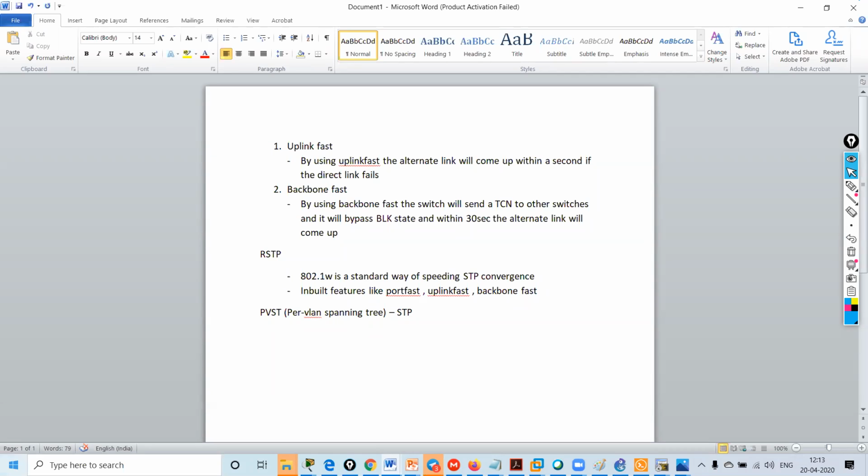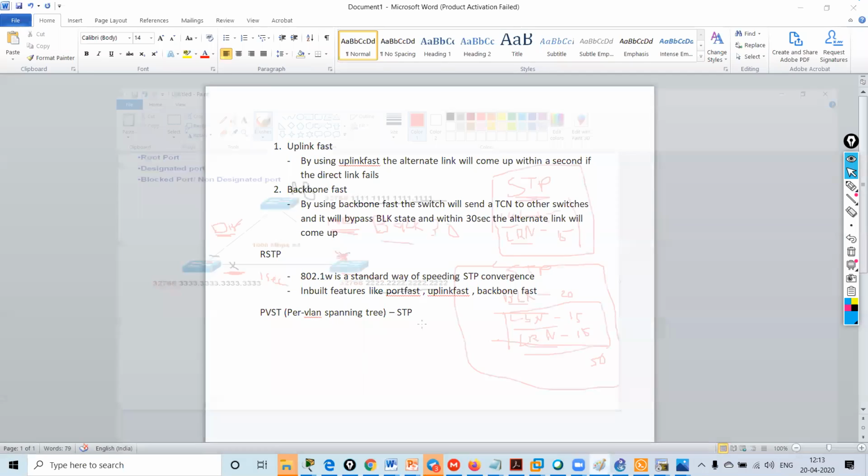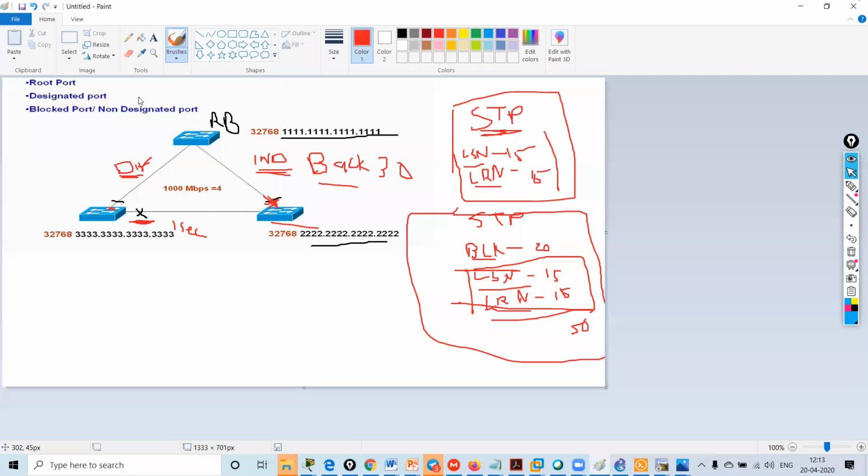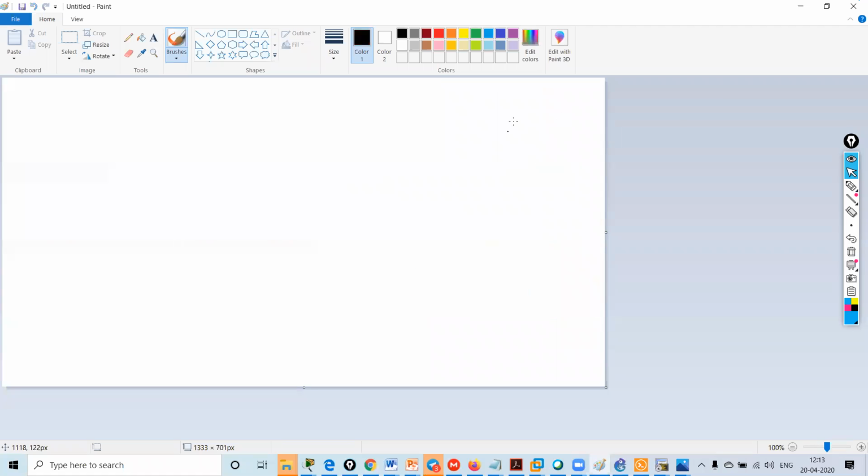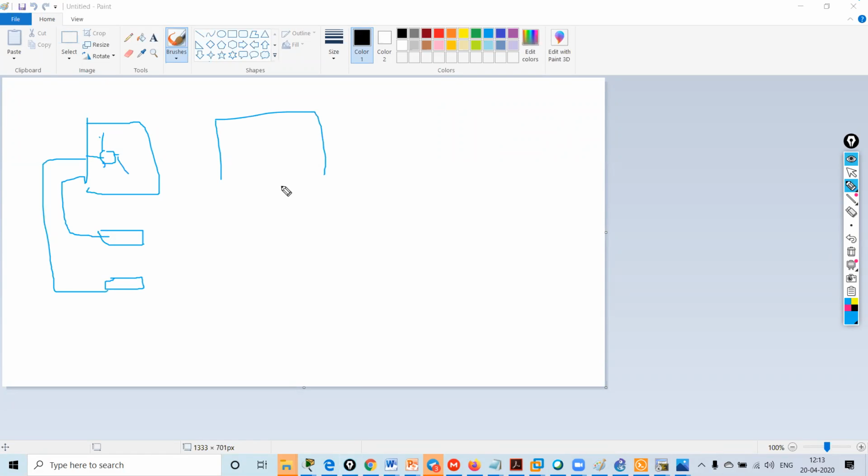So in this, see what happens. What is the use of this per VLAN spanning tree? Suppose we are having our production network over here. So we are having some core layer switches, and some distribution layer switches and also some access layer switches, which are connected to each other. We are having one more for backup.